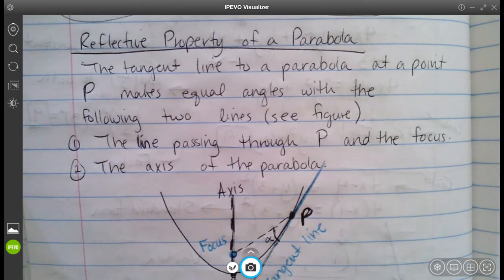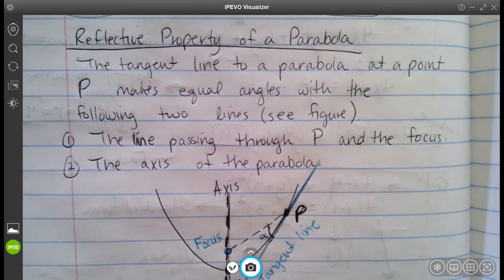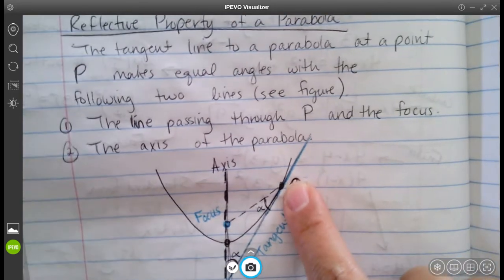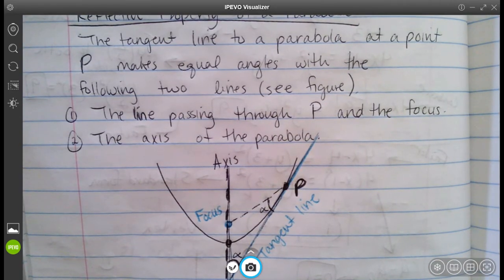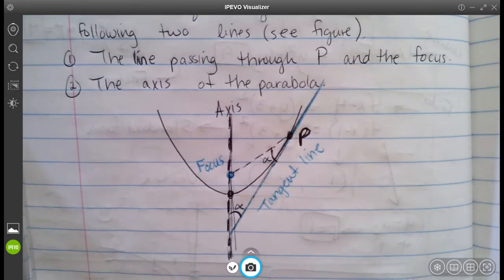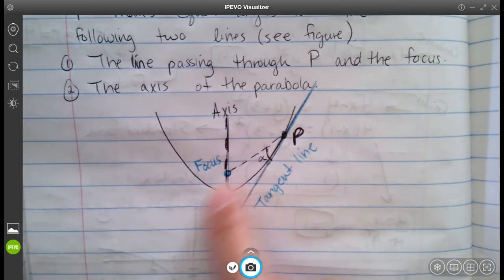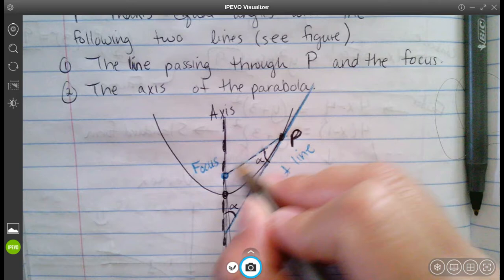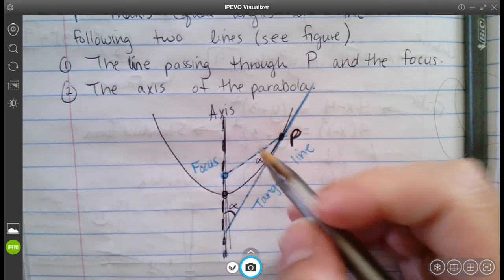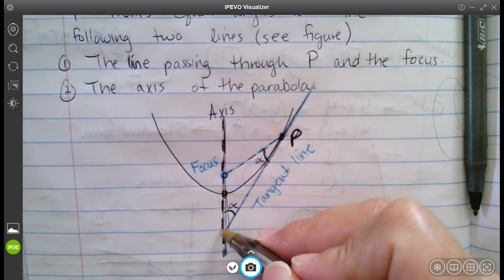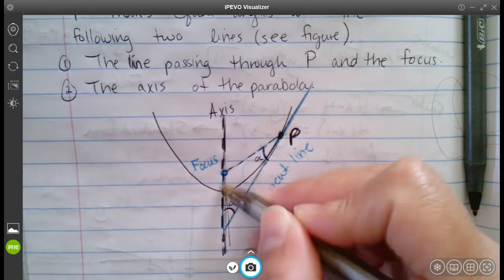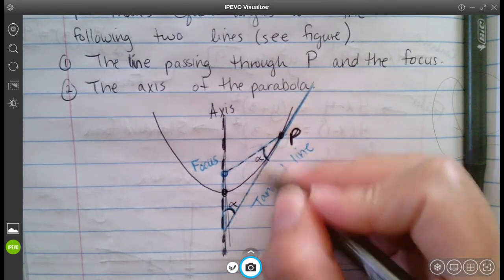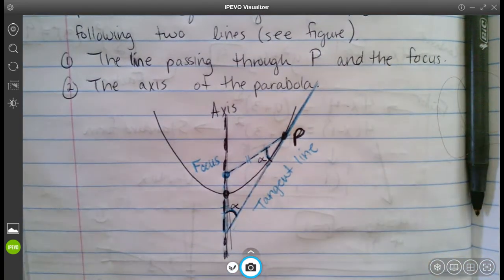So here we have this reflective property of a parabola, and it basically says that this tangent line to the parabola at some random point, so we just have an arbitrary point, we're going to call it P, makes equal angles with the following two lines. The line passing through P and the focus, so think of it like this right here. So this line right here makes some angle, together, these two. And then the axis of the parabola. So this is the axis of the parabola, and you kind of see this isosceles triangle. These two angles are the same, which means these two sides are the same. So we can kind of say that